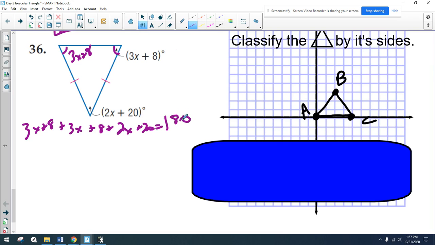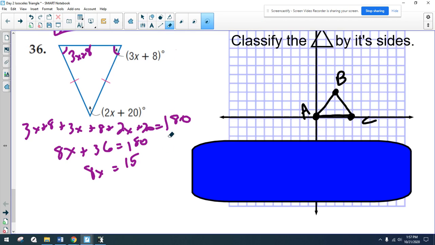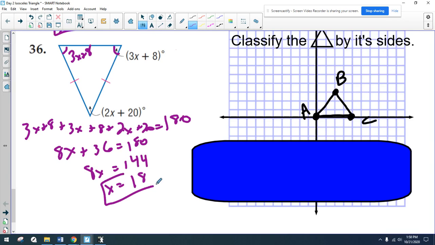3 angles in a triangle add up to 180. 3, 3, and 2 is going to give you 8. 8, 8, and 20 is 36. If I subtract 36 from both sides, I'm going to get 144. Okay, and then divide by 8. And that's going to be 18. Okay, if they ask you to find the measure of all 3 angles, you just need to plug that 18